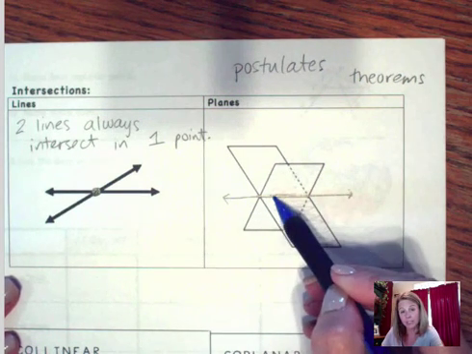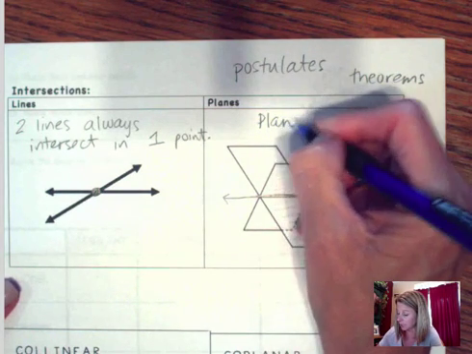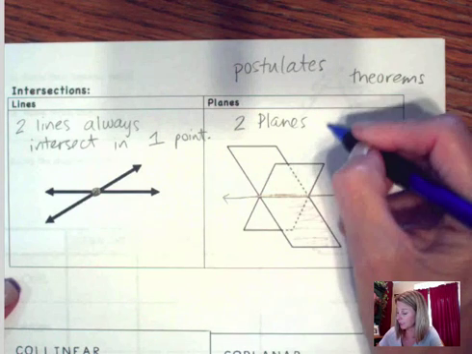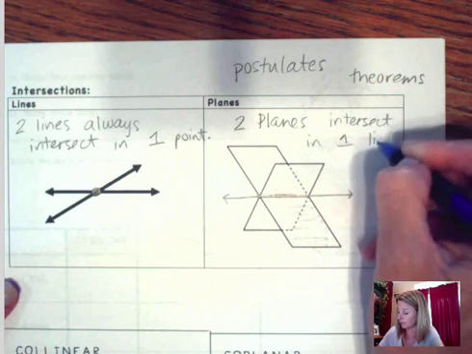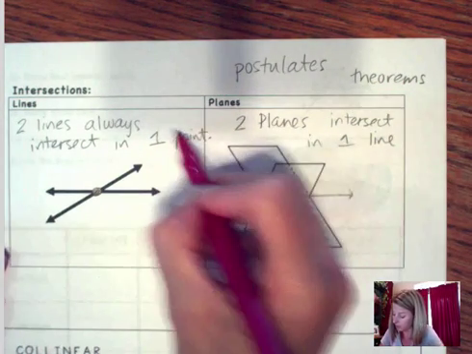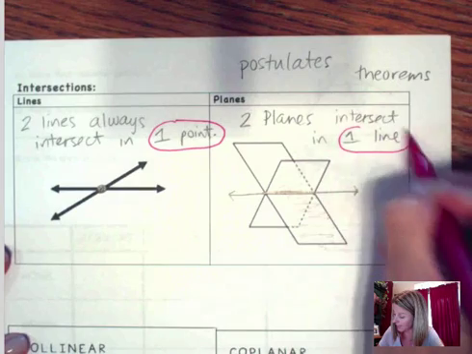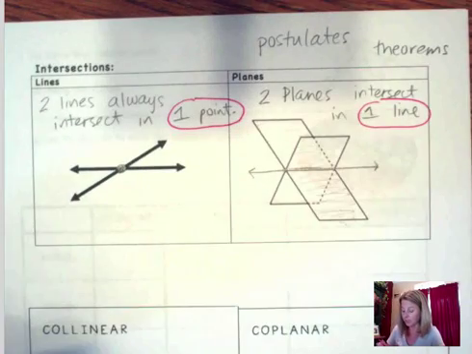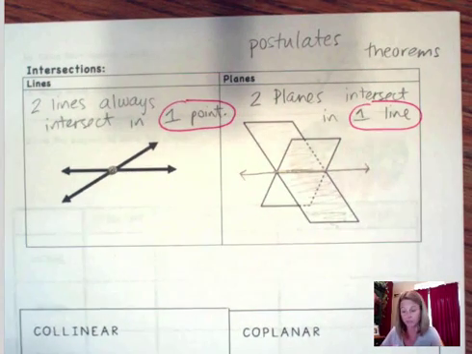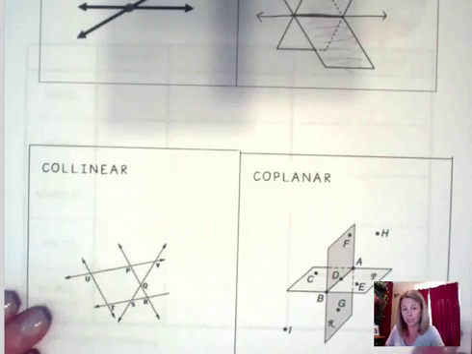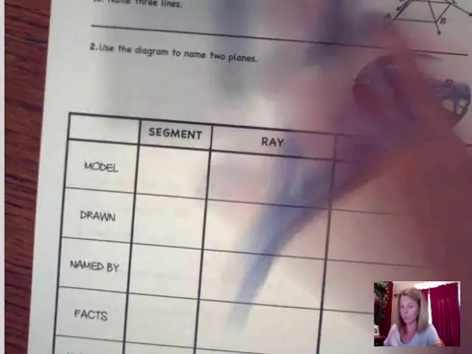So planes are going to intersect in multiple points, so we call that a line. I guess I should back up and write: 2 planes intersect in 1 line. So I'm actually going to circle here. The 1 point is the intersection of the 2 lines. The 1 line is the intersection of the 2 planes. These rules seem pretty obvious, but they'll come in handy later on when we're trying to discuss different types of intersections. So let's skip these 2 at the bottom, and I want us to move on to page